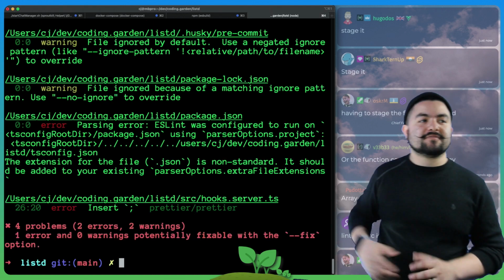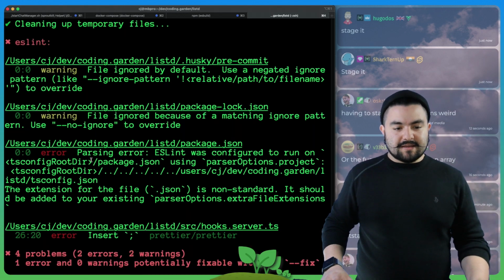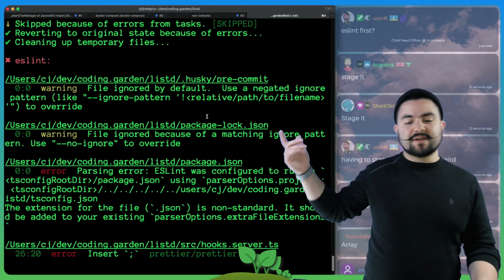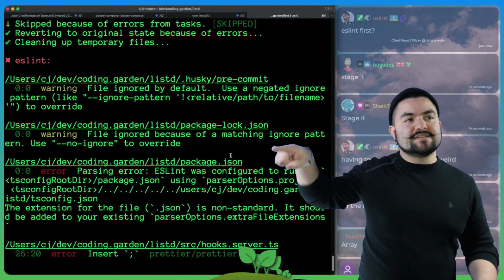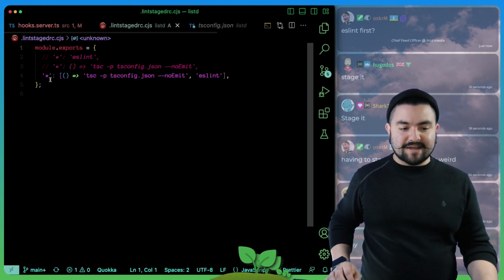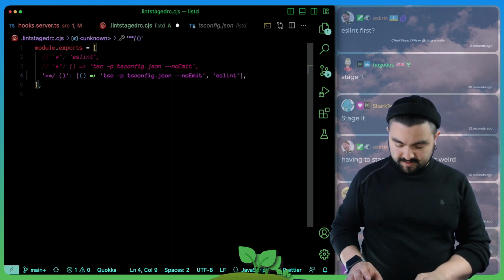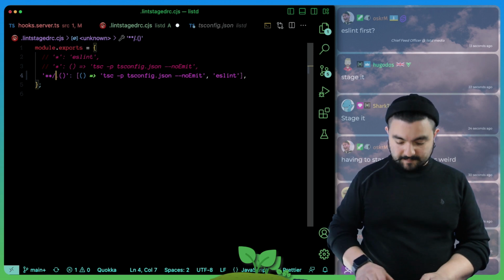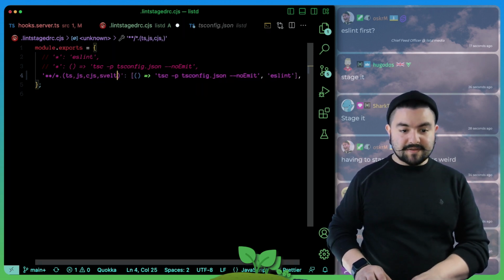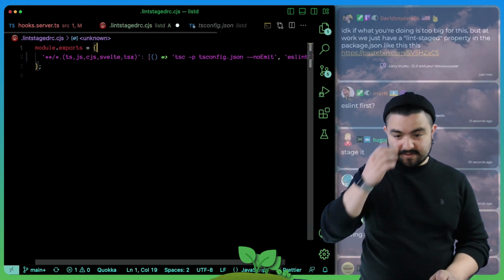yeah, it runs them one after the other, and then fails because of the linter. File ignored by default. Use a negate ignore. Yeah, and this is what I was worried about. It's passing these JSON files and stuff into ESLint, so we actually do want a valid matcher. Let's figure out all the things. So we want TypeScript, JavaScript, CJS, Svelte. I mean, we don't have any TSX. We shouldn't have any TSX, but